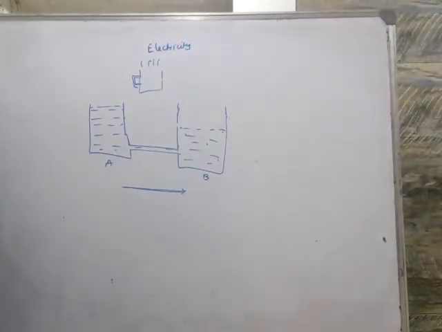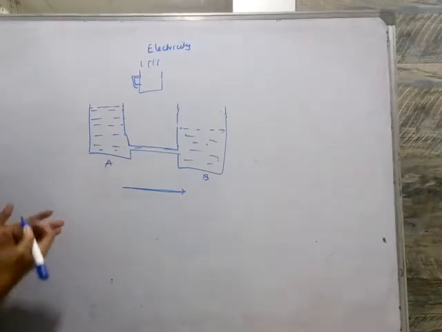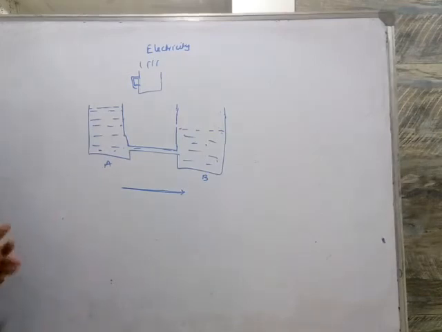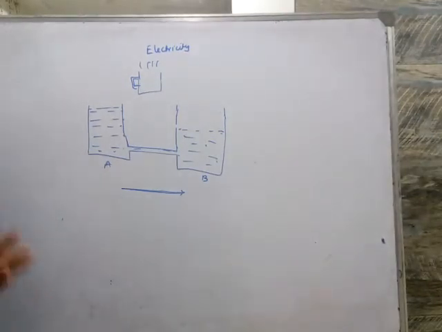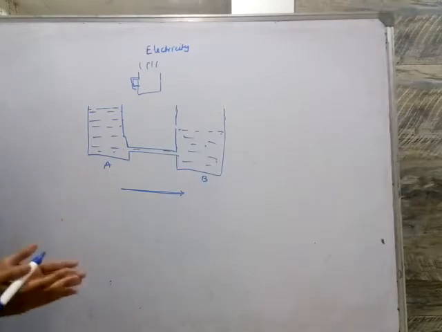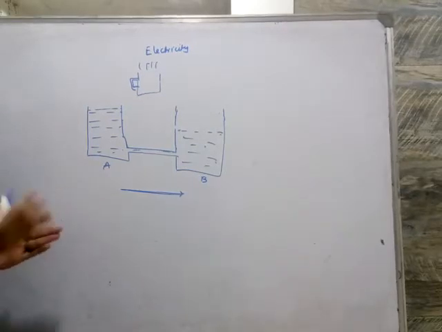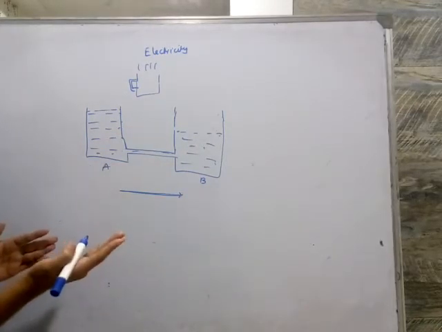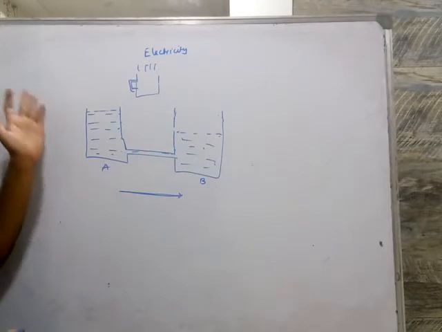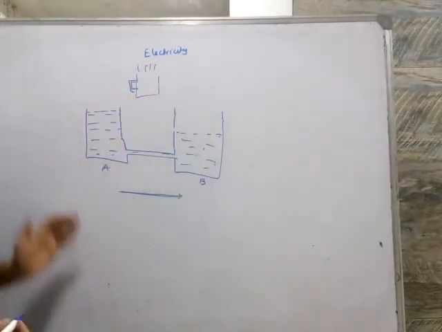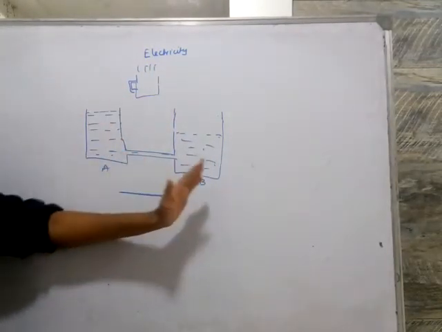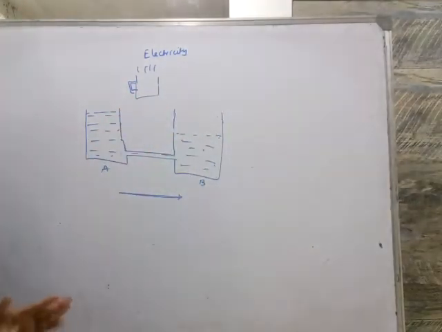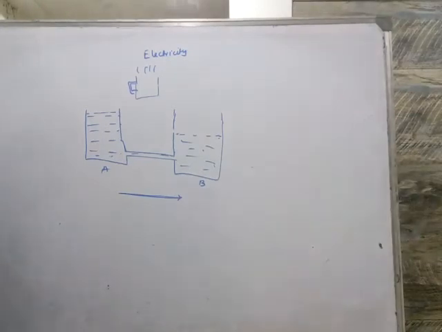Similarly, whether it is heat or wind, it will always travel from high to low, as we have studied even in the breeze. In land breeze and sea breeze, the wind is traveling from high pressure to low pressure. Similarly, water also moves from high pressure to low pressure. So this analogy we will make use of in potential difference, or in the moving of electrons. Now we will see how the electrons are moved.